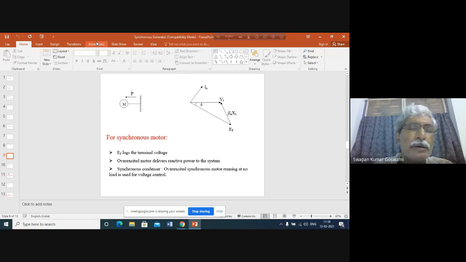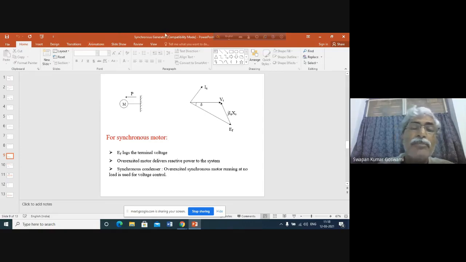Why will it have such capacity? Because the synchronous motor is also following the same operating principle. Here it is supplied by the DC field source. Therefore the synchronous motor also will be able to supply reactive power and will be able to consume reactive power when it is necessary. Let us see how the synchronous motor will behave when it is connected to the power system.